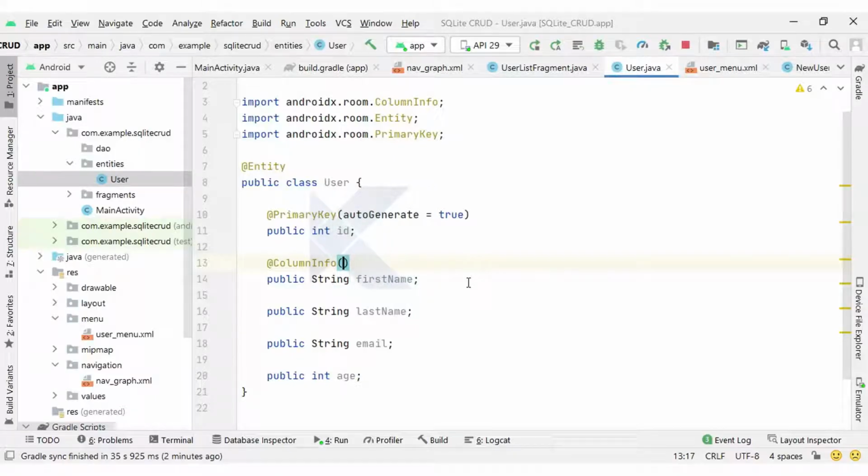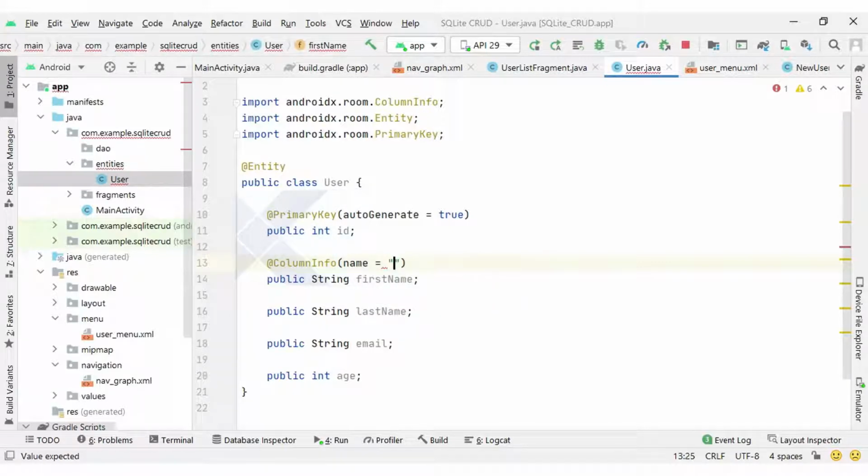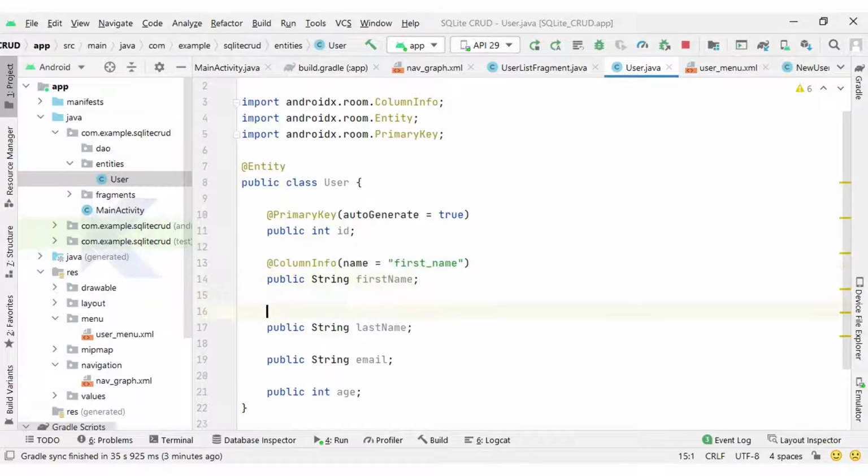So @ColumnInfo, and what is the name of the column, I can set anything, like here I want first_name. Whenever my table is generated, it will have a column named first_name. Similarly here I copy paste the code and set the name last_name for lastName. Email and age I don't want any kind of changes.